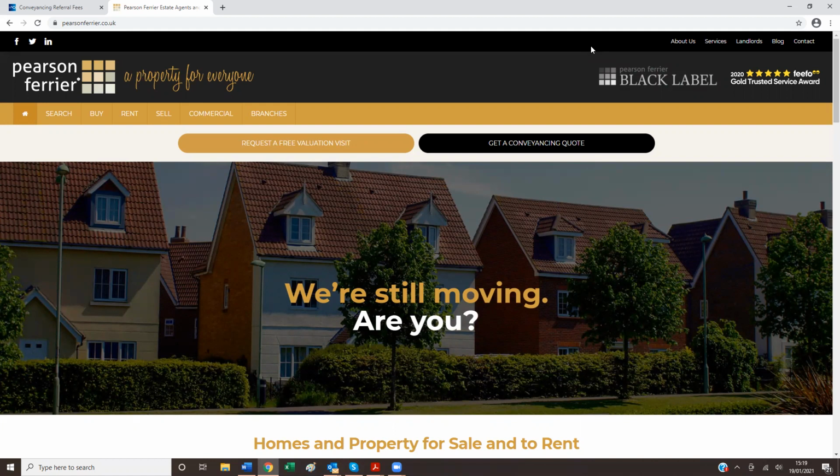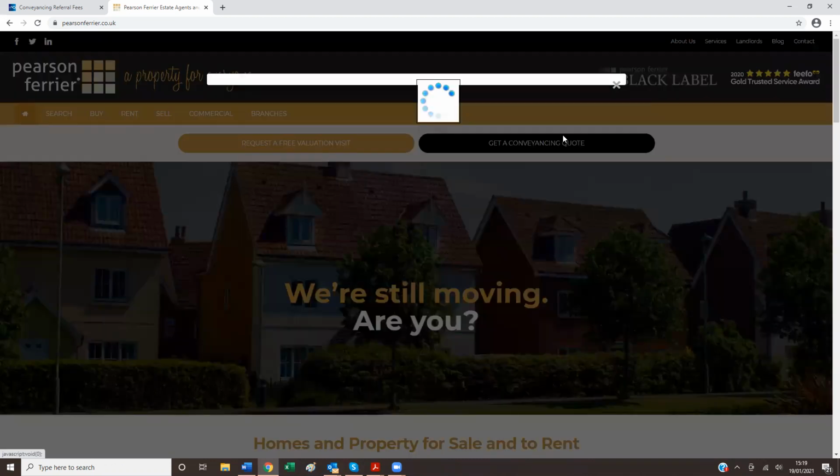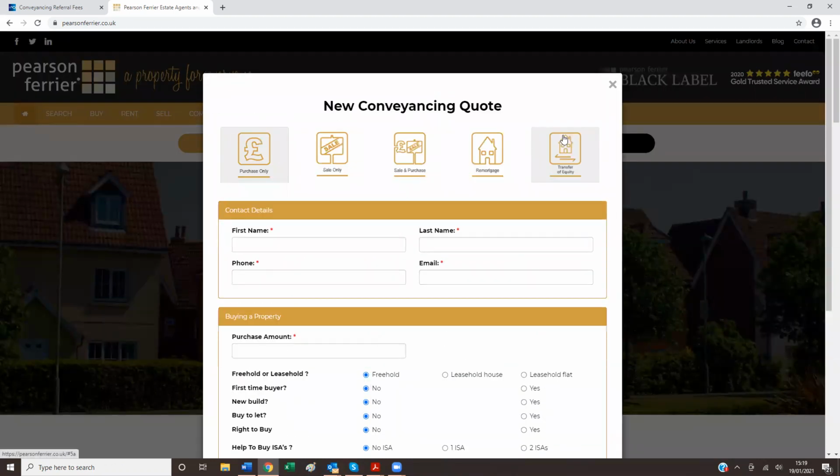This is a quick run through of two different conveyancing quotes mechanisms that we've built. The first is where you have a super user solicitor who has his or her quotes calculator on myriad different estate agents. Let's say for sake of argument that Pearson Ferrier have got the quotes calculator on their website. But you might have a super user with dozens of different introducers all generating conveyancing quotes. Some might do it through their website, others might log in to generate quotes. But in this situation, Pearson Ferrier put the quotes calculator on the website.